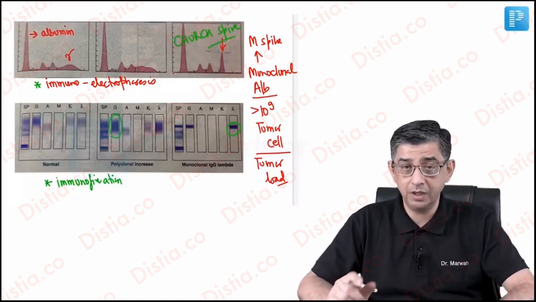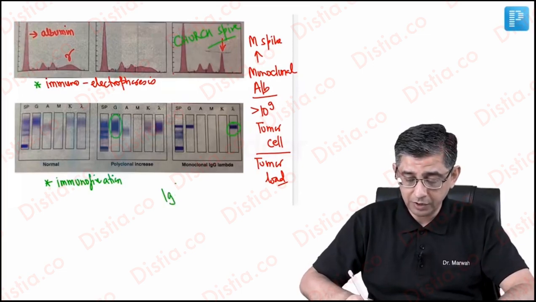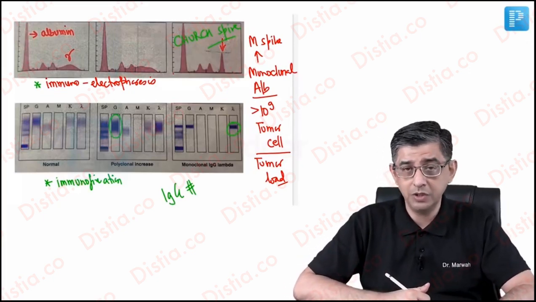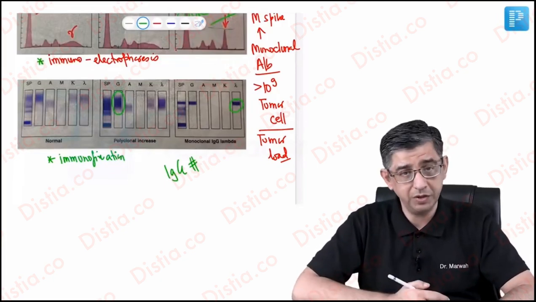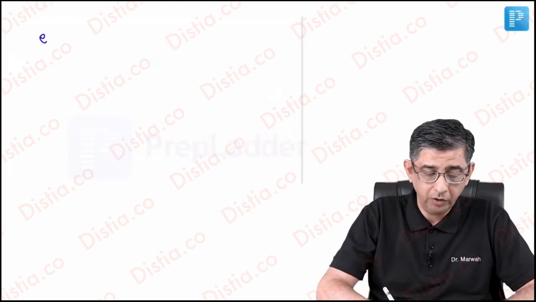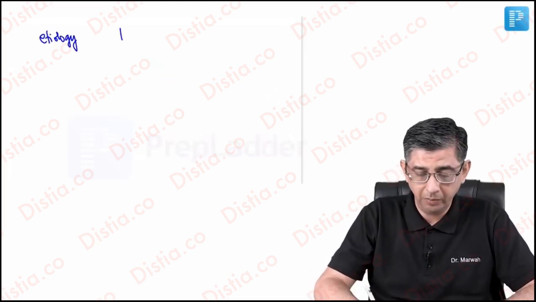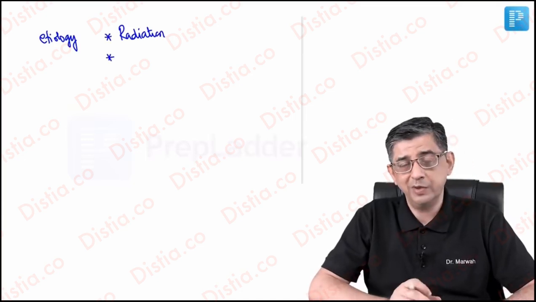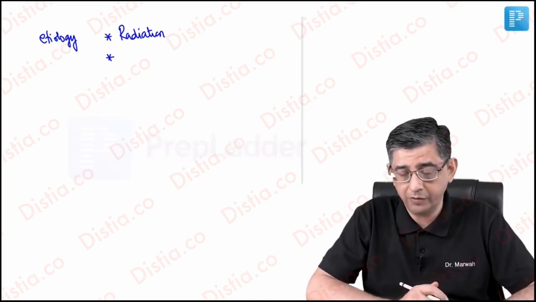I repeat the fact once again. I began the discussion by teaching you that infections are the leading cause of mortality. At the moment, I've just highlighted that the immunoglobulin G subclass of antibodies is the one which is produced defective in these patients. We shall now be talking about the etiology of development of multiple myeloma. The first risk factor that I want you to remember is exposure to radiation. In fact, almost all blood cancers or hematological malignancies can be ascribed to radiation exposure except for CLL, and this has been discussed a couple of times.